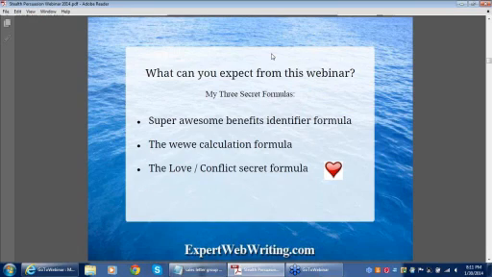And then the love conflict secret formula, something I came up with when I was way out in the wilderness, deep in meditation. And of course, if you see my smiling face, that little picture of me that was just recently taken at a mall photo booth, that means it's going to be a super stealthy trick, and you want to write it down in blood, lipstick, ink, whatever it is, and take note that it is something very important.